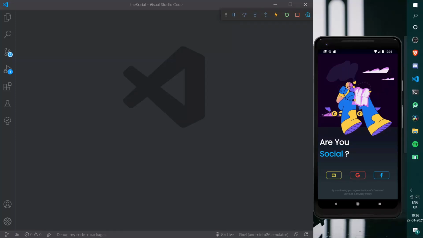Hey everyone, welcome back. In this video, we are going to add the feature of stories under the social. Now, the user shall be able to add stories under his feed, also view other people's stories. This is going to be an exclusive feature of the social that you won't get on any other courses yet. So I hope you will be enjoying it as I have much enjoyed it while coding it.